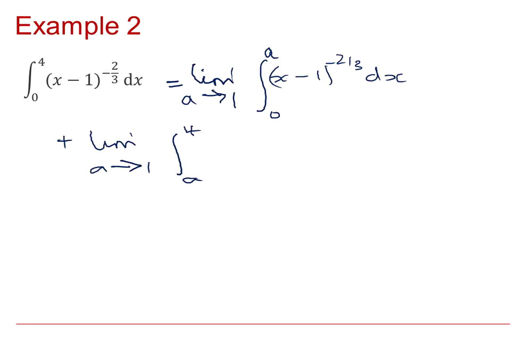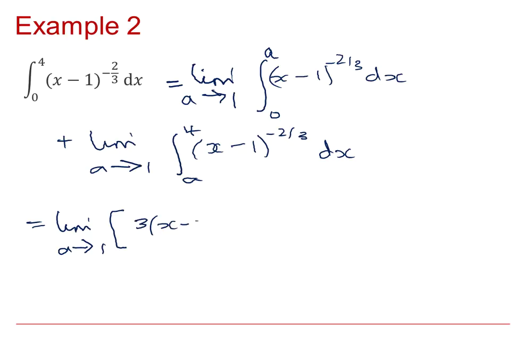In this case the upper limit's 4. And when we investigate that, that's going to integrate to 3(x minus 1) to the 1/3